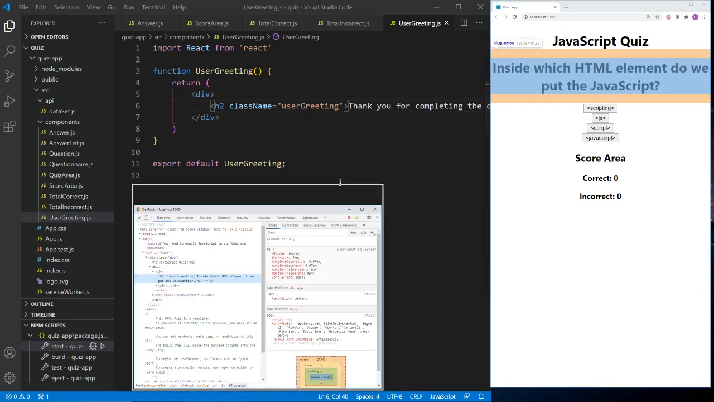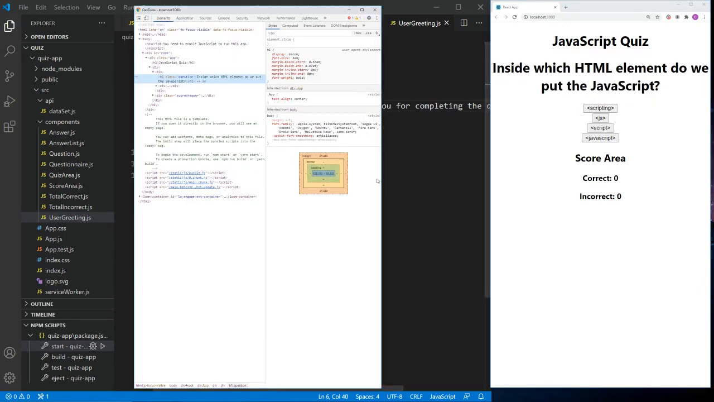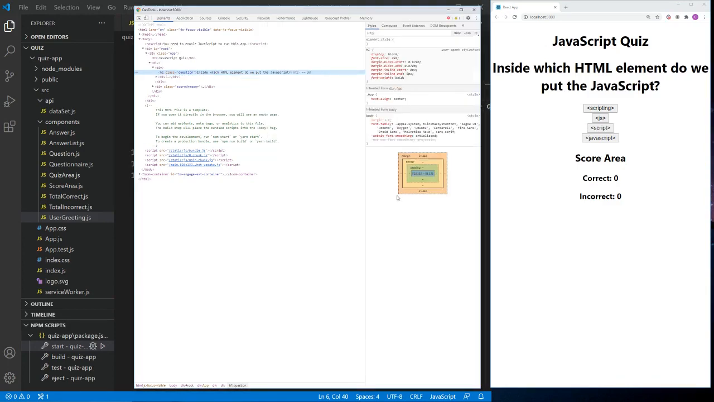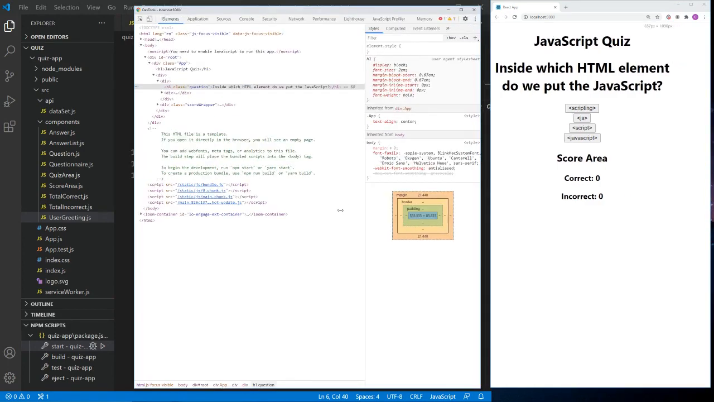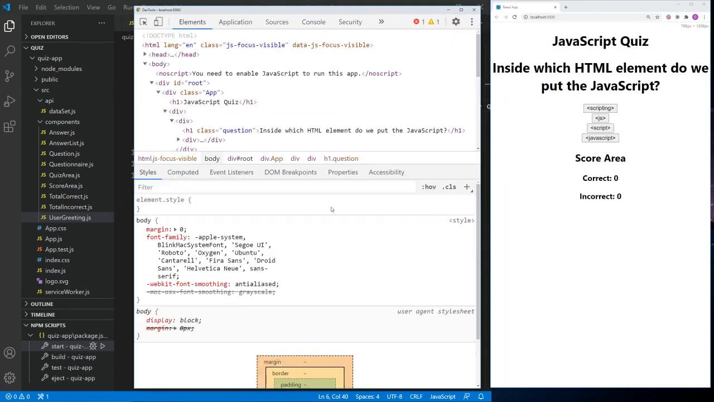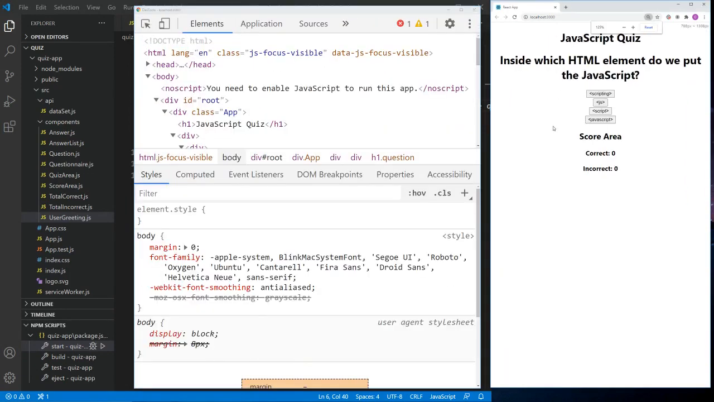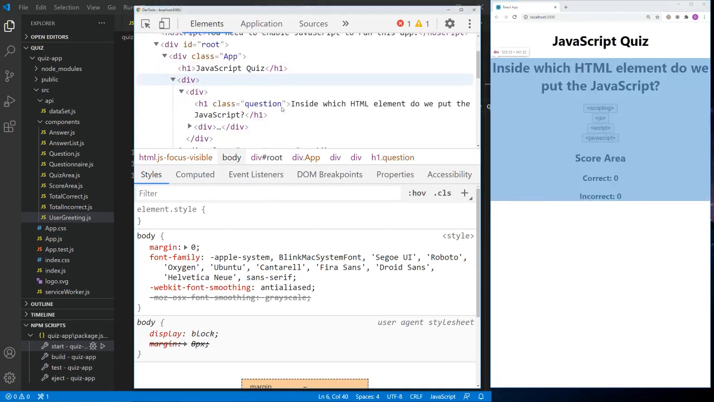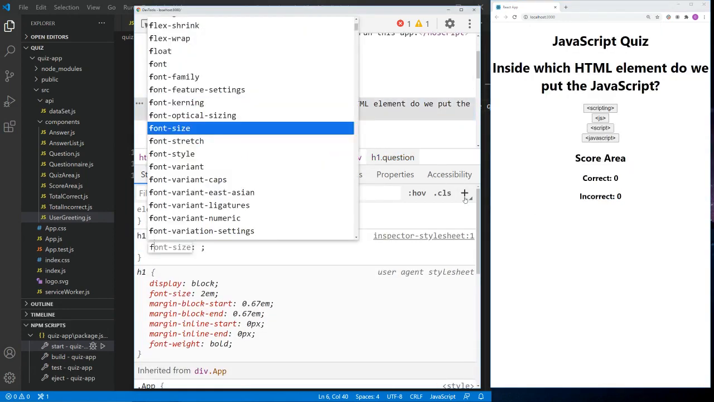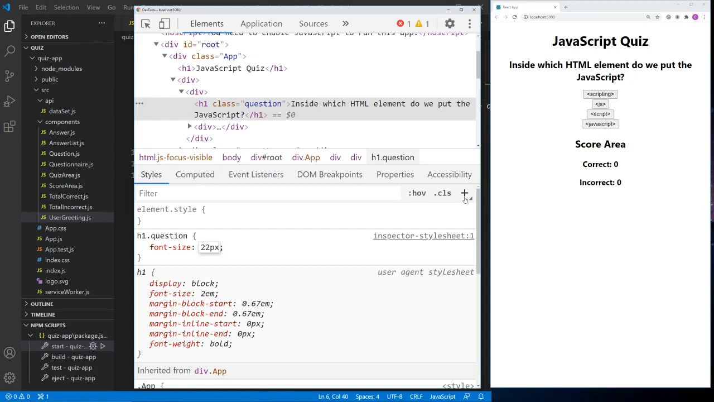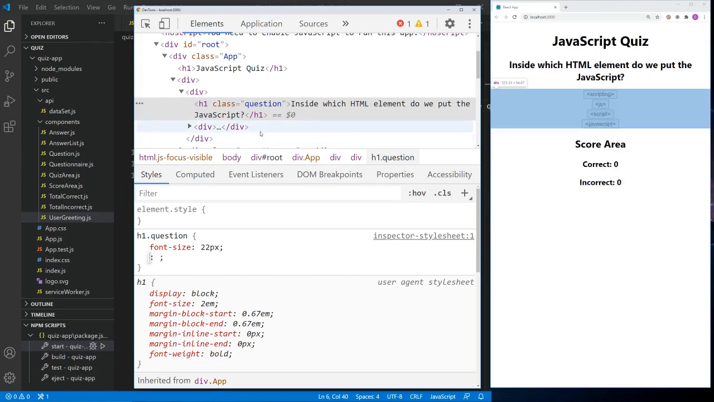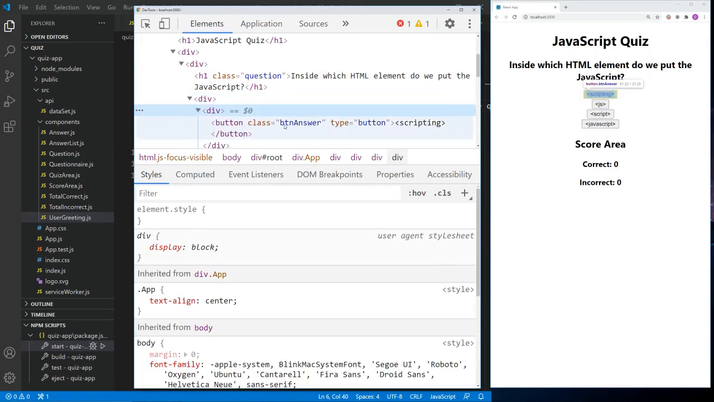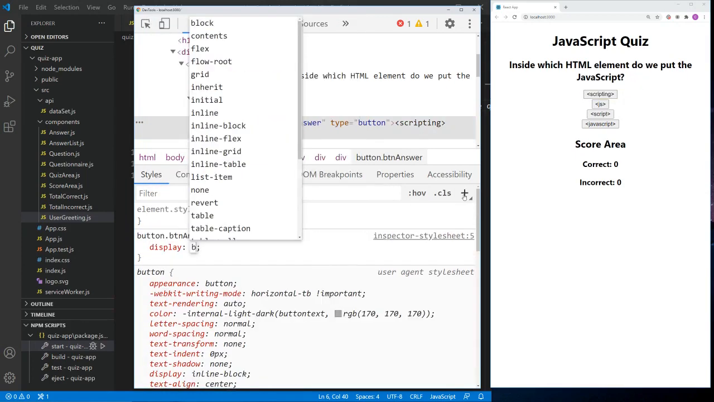Open this, and let's try and apply some sort of styling. Okay, so I'm going to increase the font size a bit, make it 150. It's okay. Now let's start with this. So question, font size 22 pixels looks better. Then within that, actually we had button, so display block,